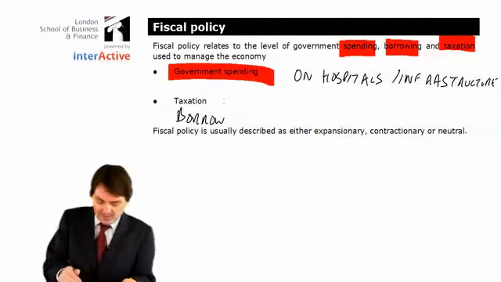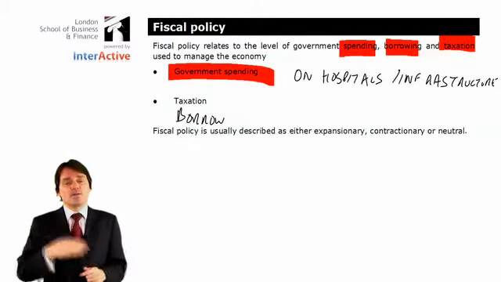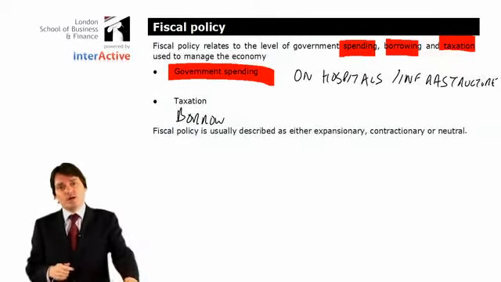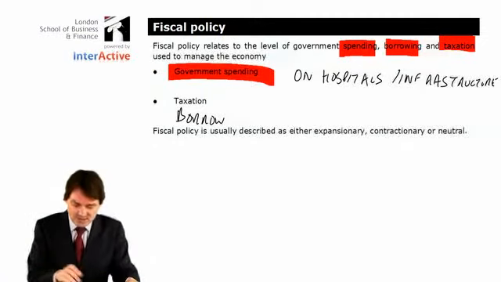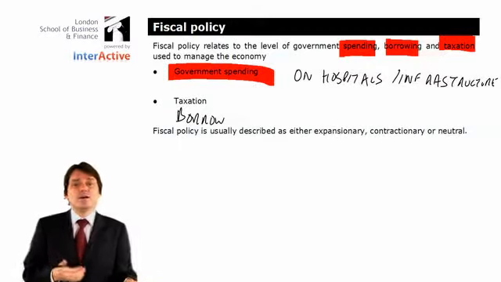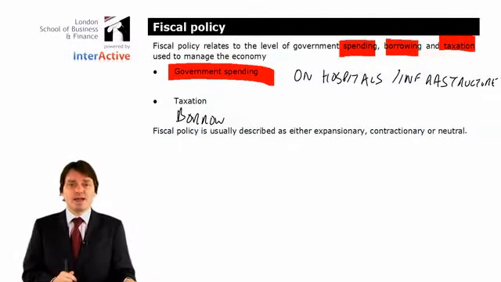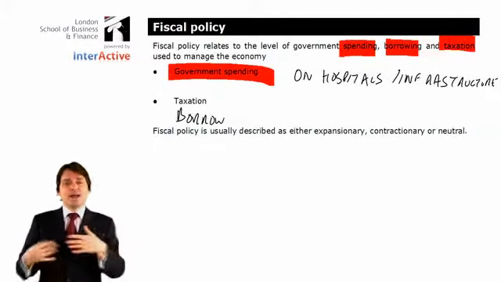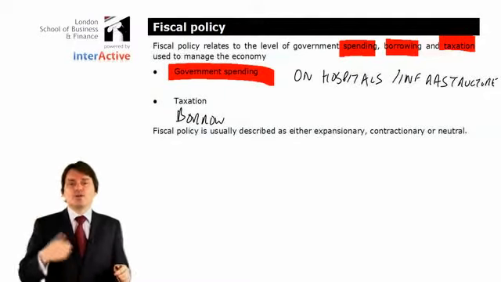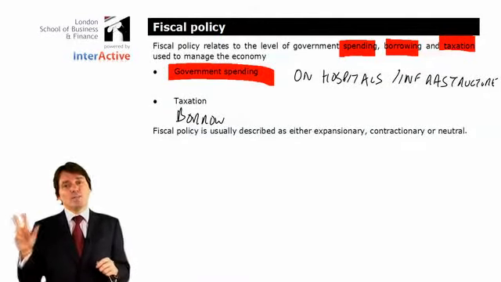Now, what you might have then is a situation where governments want to spend more money, but they don't want to put taxes up for whatever reason, in which case they'll have to borrow more. Now, borrowing money is fine for today, but at some point they have to pay that money back. So there is always a big balancing act that governments have got to try and do. How much should they spend? How much should they tax people? And how much should they borrow?